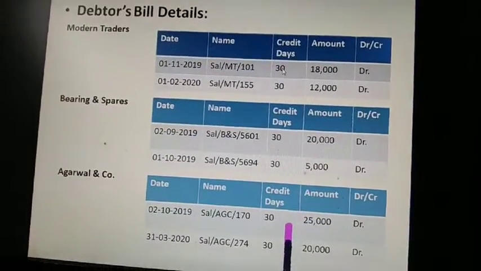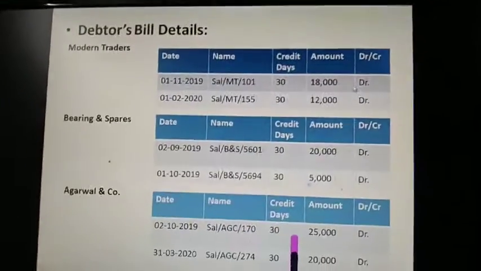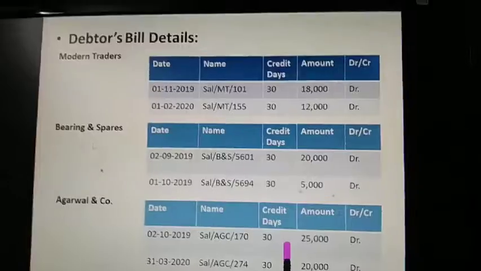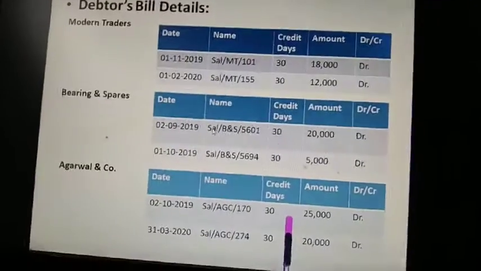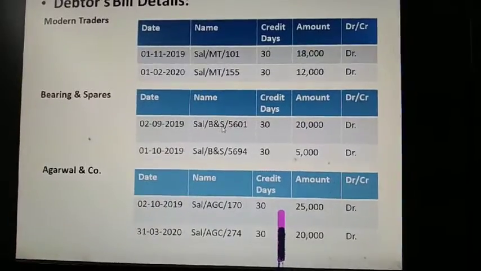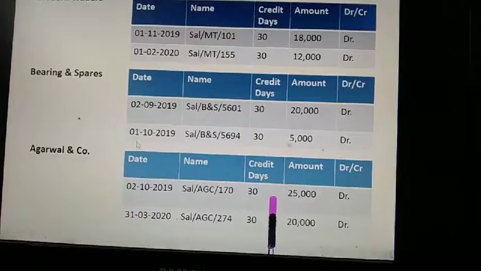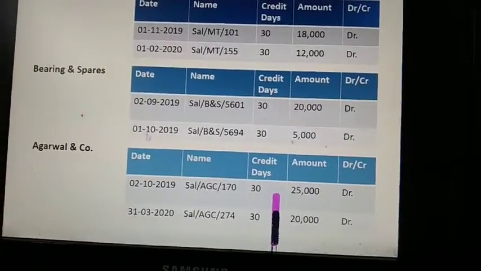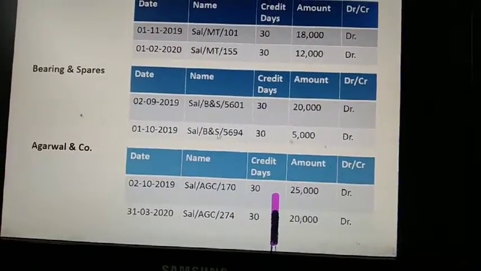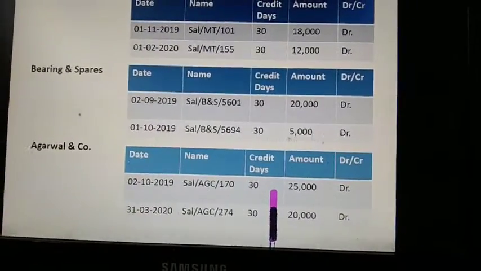Credit days is how long the credit days are allowed, and 18,000 is a bill amount and the debit balance. So Bearings and Spares, B and S is a short form, bill number, and 20,000, and the second bill is for 1st October. This is a bill name, and 30 days, and 5,000 is their amount.